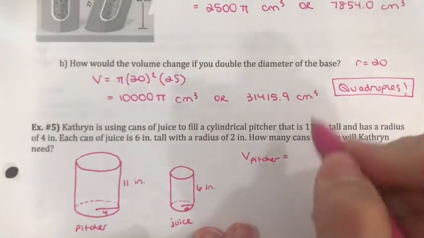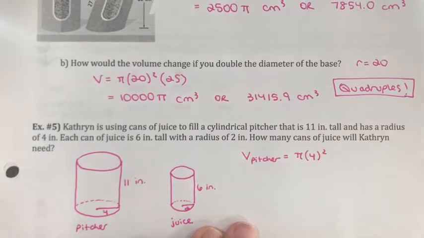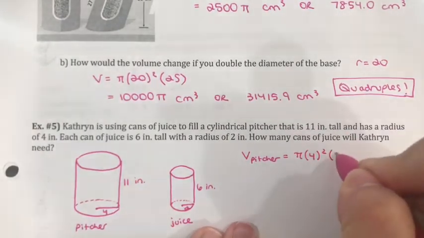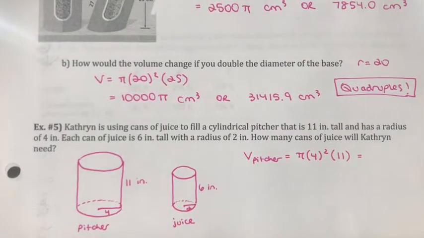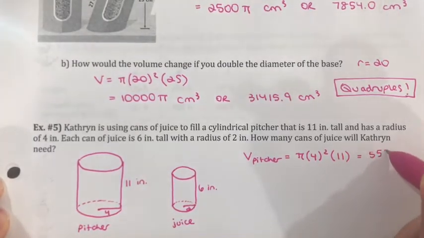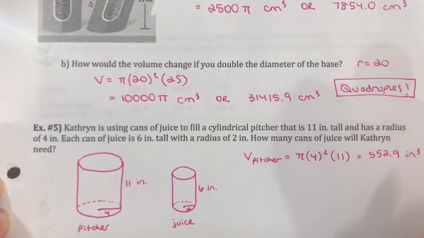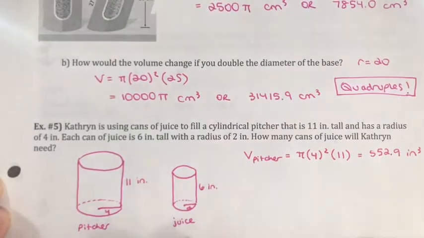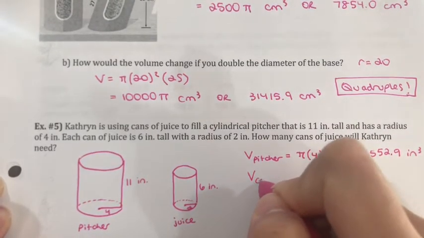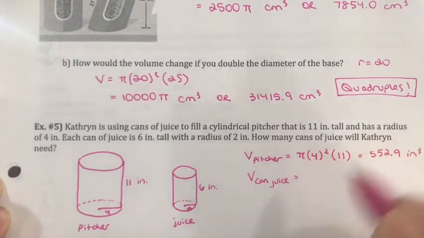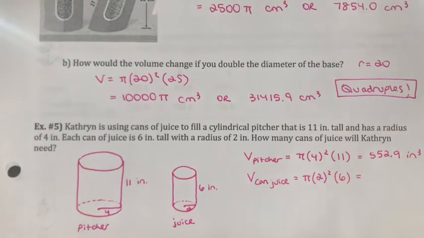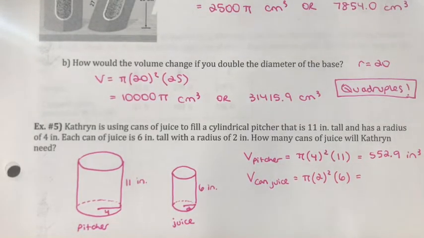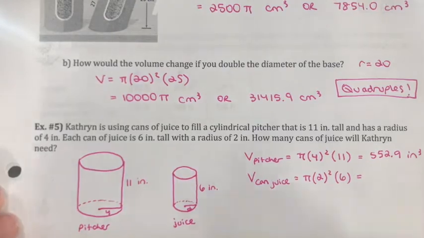So we've got the area of the base, which is pi r squared, times the height. Typing this all into my calculator, so we've got 552.9 inches cubed is our volume. Now let's find the volume of the juice, or we'll say the can of juice. Pi r squared times the height. And we have